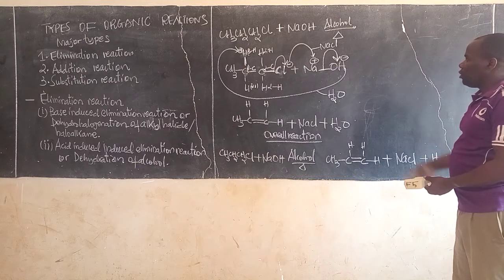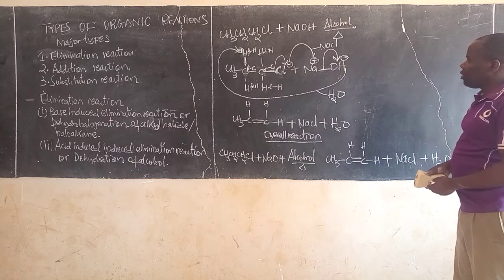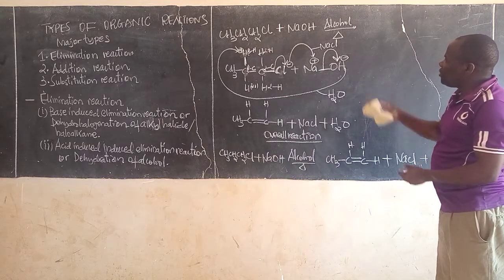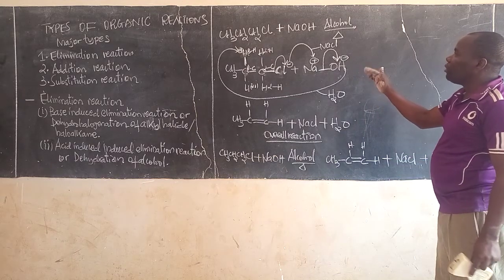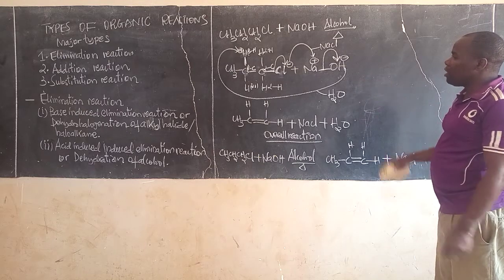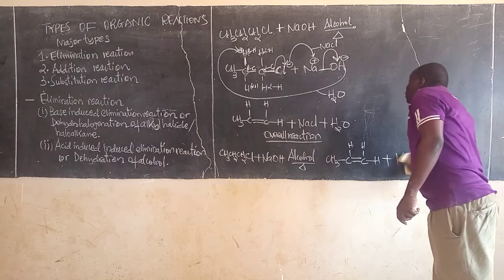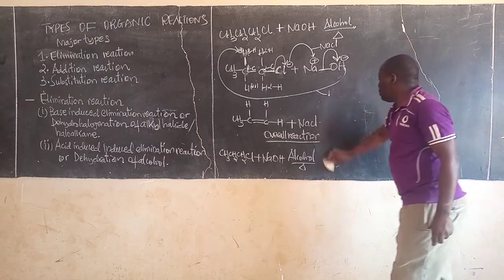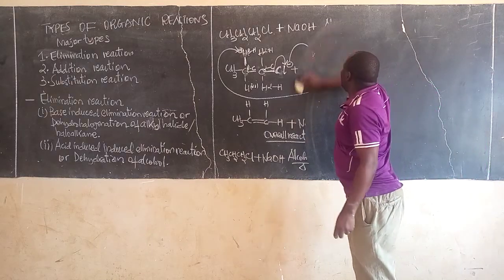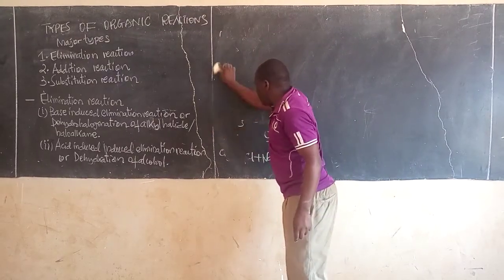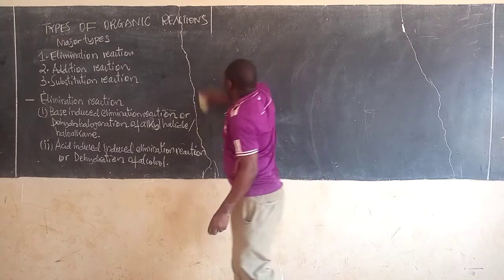But for this kind of reaction, we have seen only the circumstance when the halogen is attached at the terminal part of the alkyl group. So now let us look at when the halogen is attached at an interior carbon.